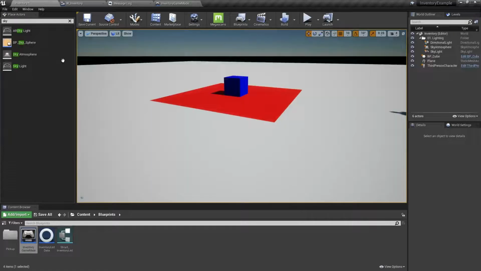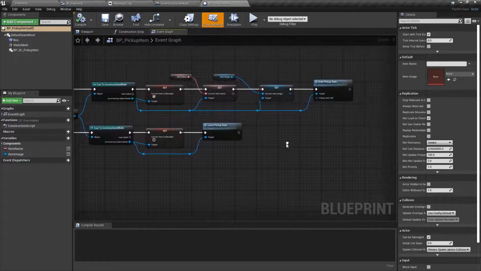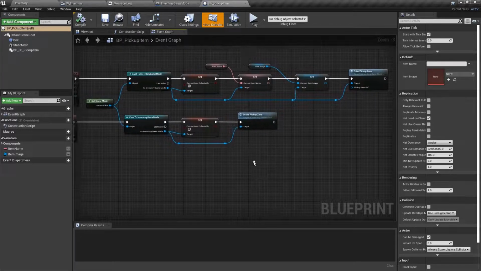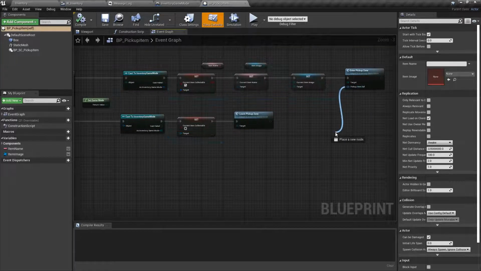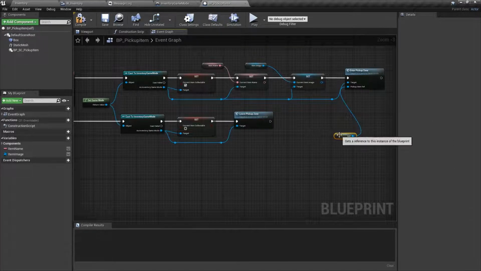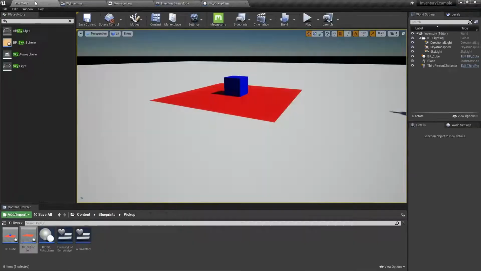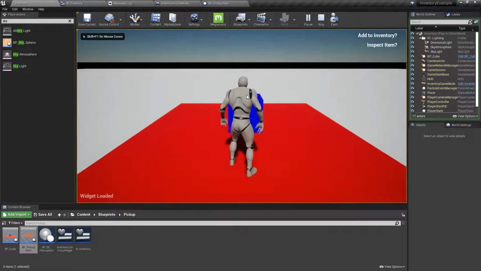Okay, so in our, let's save that, save all. So in our pickup item, so pickups, if we look at pickup item here, yeah, okay, so here where we've got the enter pickup zone, what we can just do is create a reference to self. So get reference to self. So this object, the pickup object, we are going to pass to our function. So if we go in, down,